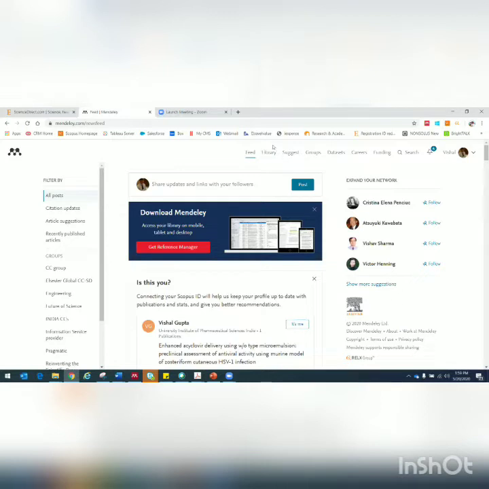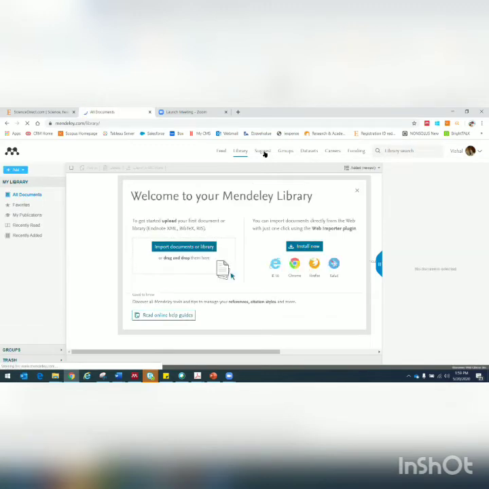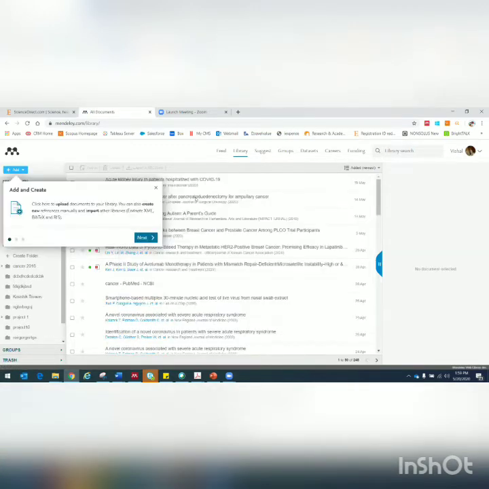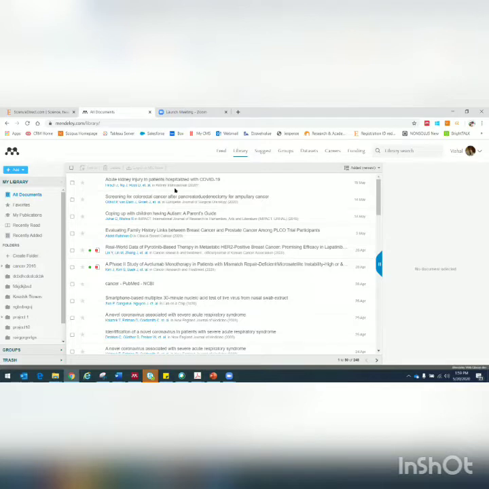Next is the Library. When I talk about the library, we also talked about the Mendeley software. The library is actually created on the Mendeley software, and since all the data on Mendeley is saved on a cloud, it is replicated on this platform. So if I click on Library, it will show me my entire library that I have created on the software. I can see it right here, right? So this is my entire library. It is like a virtual drive, like Google Drive, where you can see all these links.